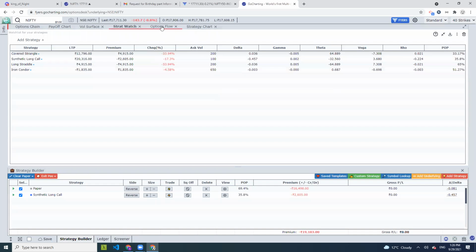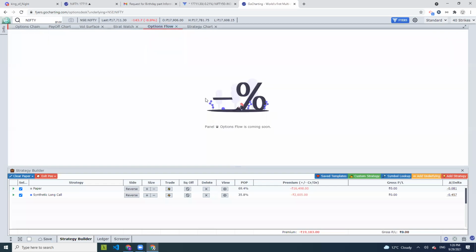Now I'm going to spend 5-10 minutes walking you through some of the new features that we are going to come up with. One is called the options flow. The options flow will give you a real-time view of the flow of options that is happening across all the contracts in Nifty, which is your underlying. And based on that, we'll give you a signal, bearish or bullish.